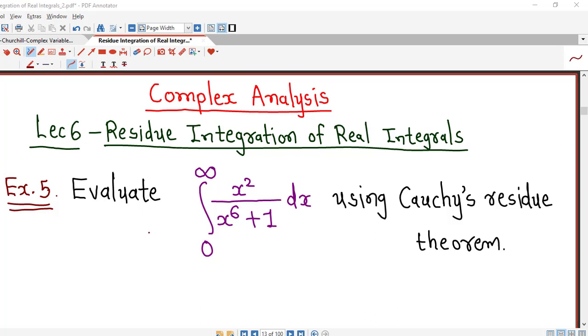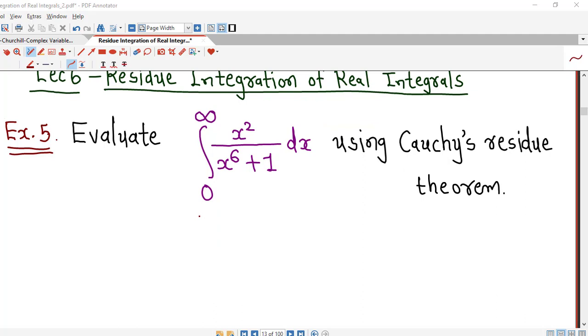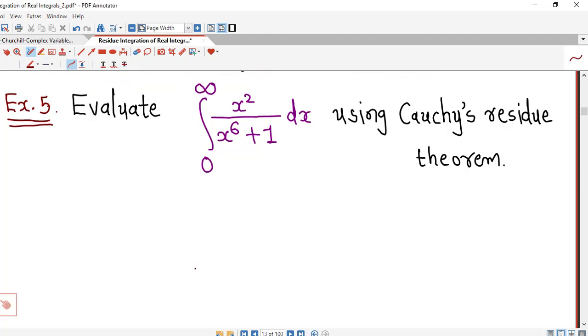In this lecture we will discuss another application of Cauchy's residue theorem in evaluating improper integrals. Here we are asked to evaluate the improper integral from 0 to infinity of x square over x raised to 6 plus 1 using Cauchy's residue theorem. So we just recall that if we have this type of